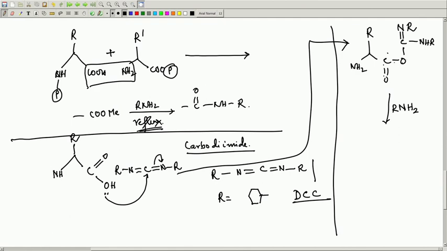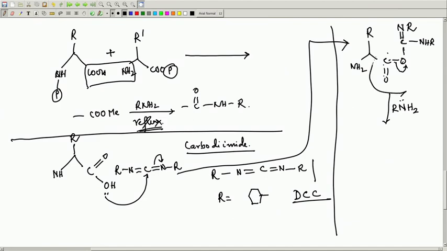Okay. But the thing to notice is that if this goes off, this O minus is highly delocalized, because this O minus can go here and this can take the N minus, and then this minus can come back and forth. So, this is a very good leaving group. Both are very highly electronegative. So, this is pulling electrons from the carbon, and so the carbon wants the electrons from the oxygen, and the oxygen now wants the electron from this carbon oxygen bond. So, the bottom line is that this has become a very good leaving group.